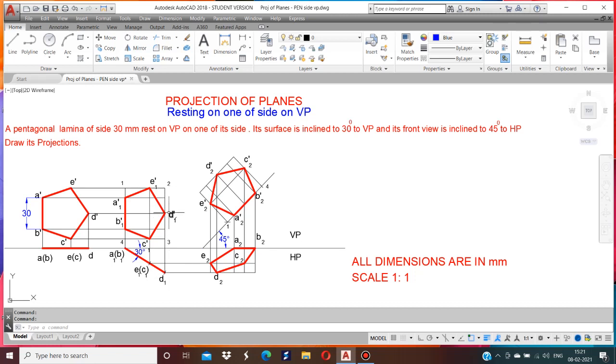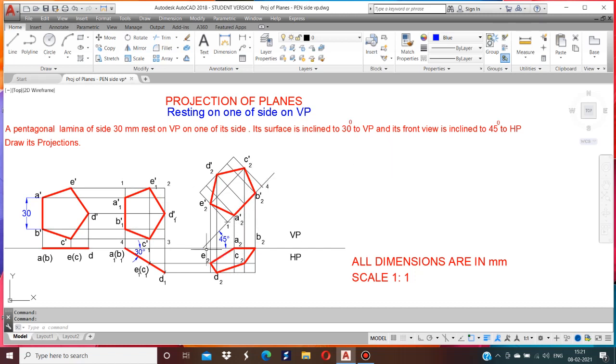Now from D1 draw a vertical line and D dash draw horizontal line. The intersection point is D1 dash. Where you have to use two pencil, a very thin line, because these are called as projection lines. The projection line we have to draw a very thin line. Now mark 1, 2, 3, 4 in the corner of the box. Okay, pentagon. So we have to transfer this box to the